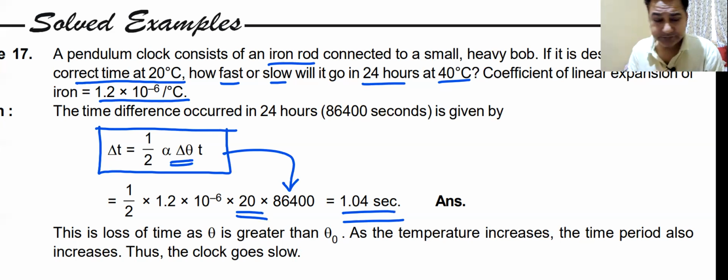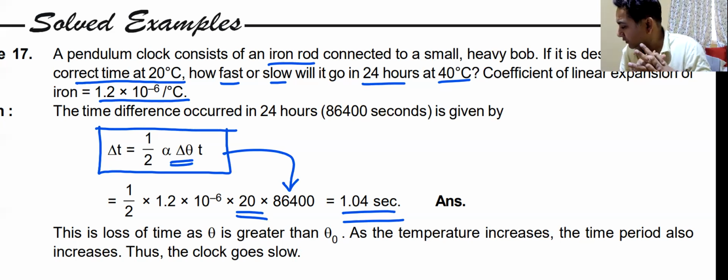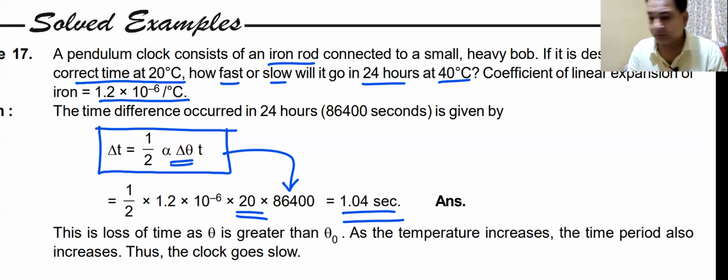Is it clear to everyone? Everyone understands this question? Yes, sir. Have you done this question already? See,